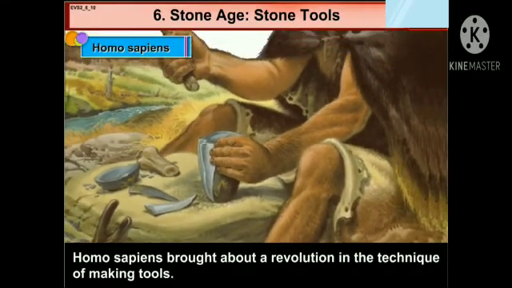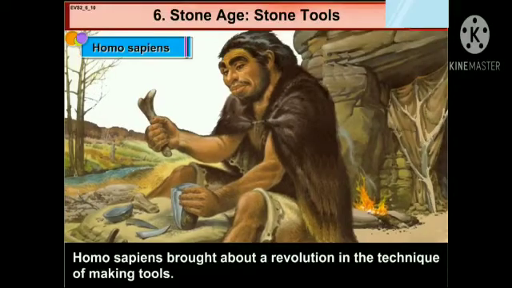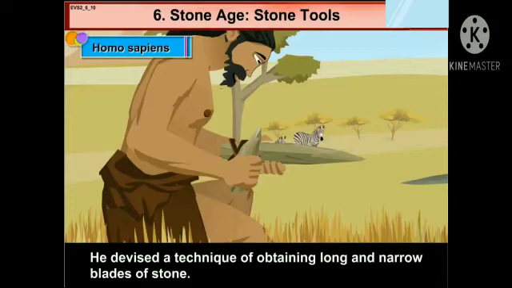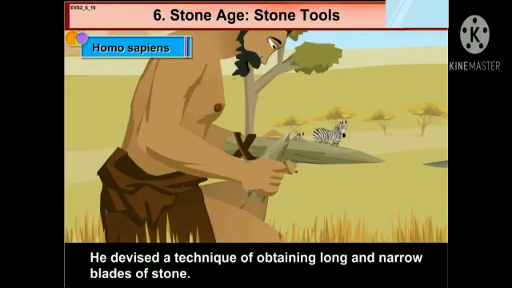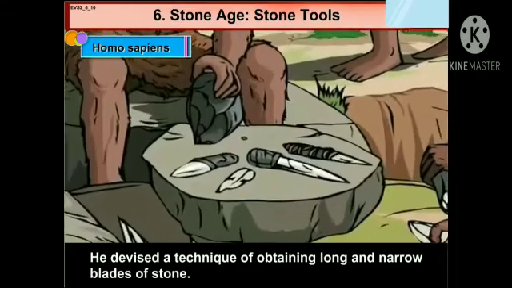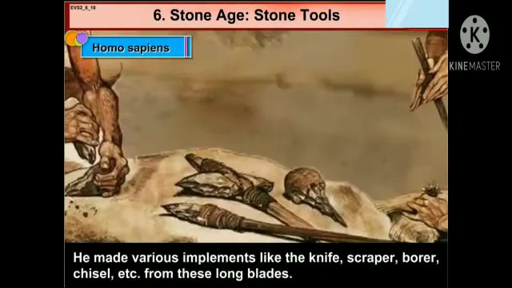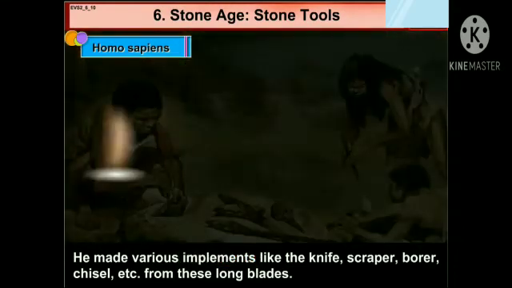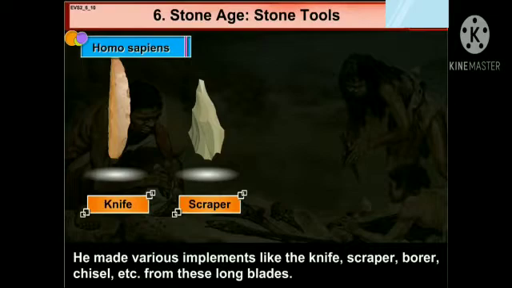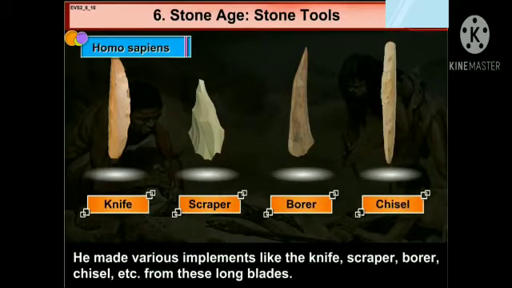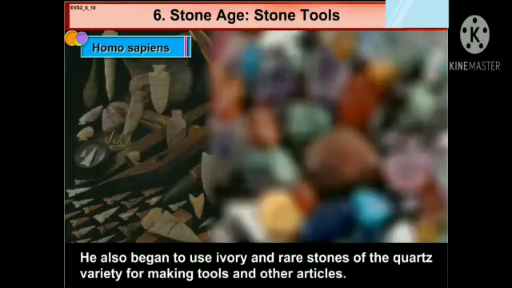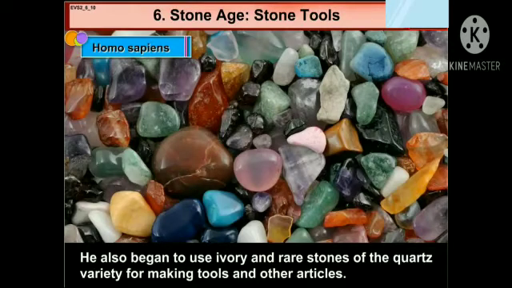Homo sapiens brought about a revolution in the technique of making tools. What did it? He devised a technique of obtaining long and narrow blades of stone. Can you see that? He made various implements. Implements means tools like the knife, scraper, borer, chisel, etc. from these long blades. He also began to use ivory and rare stones of the quartz variety for making tools